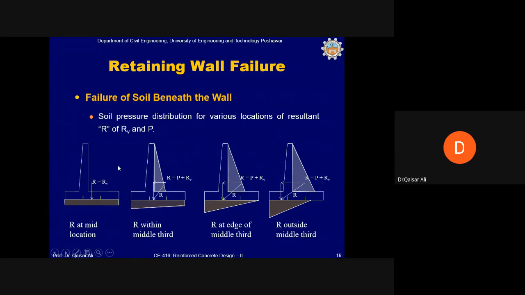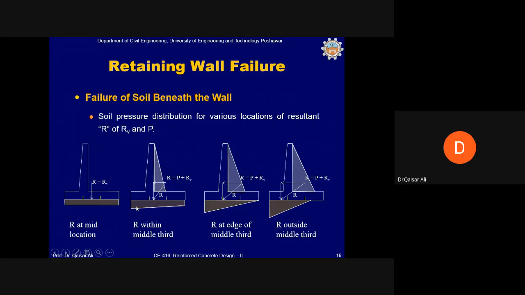This is a condition where there is no backfill, so this is not a condition of the retaining wall, but just for the purpose of discussion, this has been included. If there is no backfill, the total weight RV will act at such a location that the pressure distribution will be rectangular. And if there is a backfill pressure in the form of P,